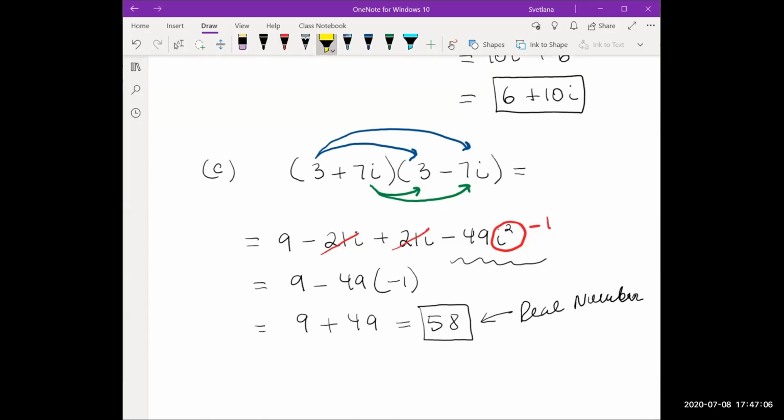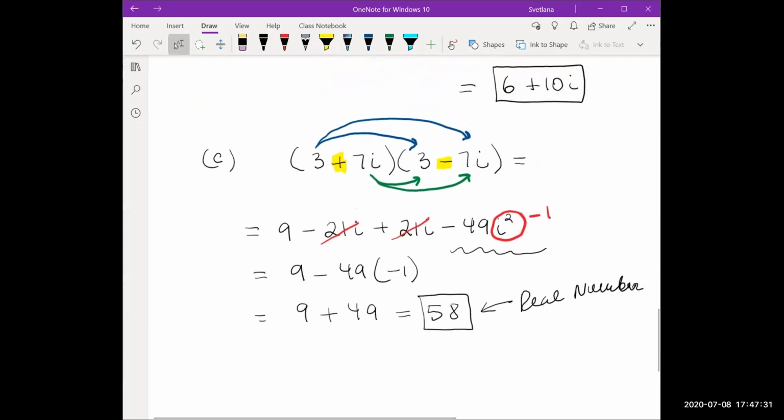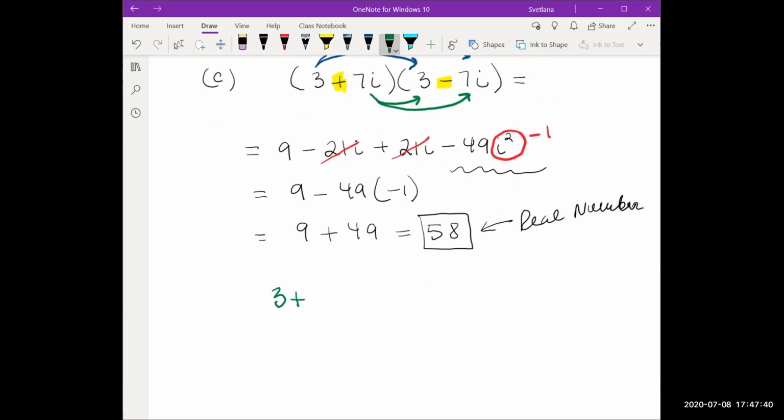If you look at the original complex numbers, then they look almost alike, right? Except one has plus and one has minus in front of that imaginary unit, right? So 3 plus 7i, and the other one is 3 minus 7i. Well, these are two different complex numbers, but they're very similar. And in fact, they are related. They're called conjugates, well, complex conjugates. So those two numbers, 3 plus 7i and 3 minus 7i,